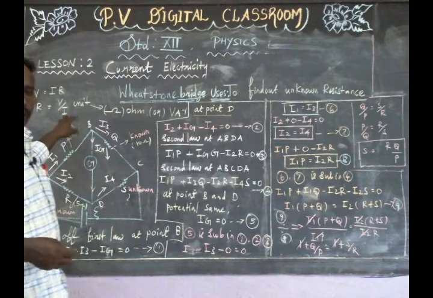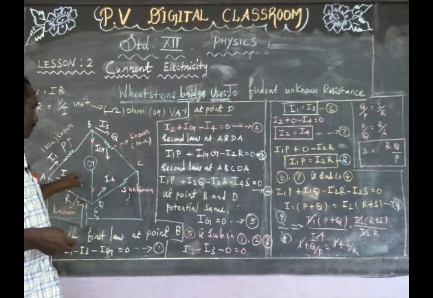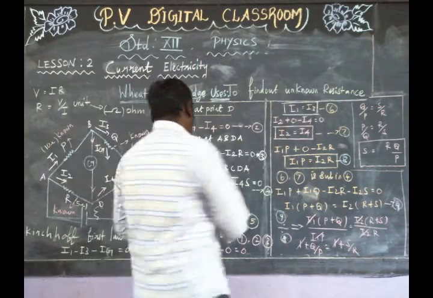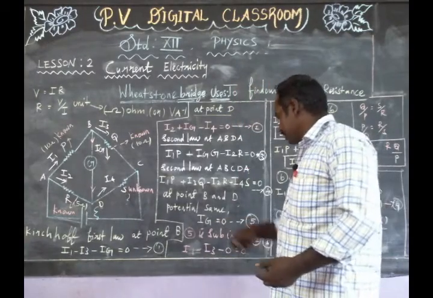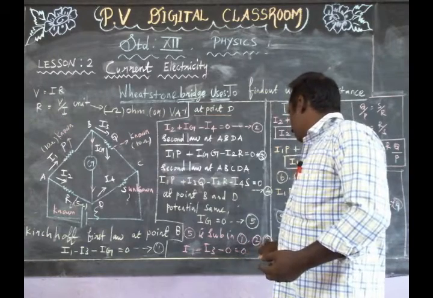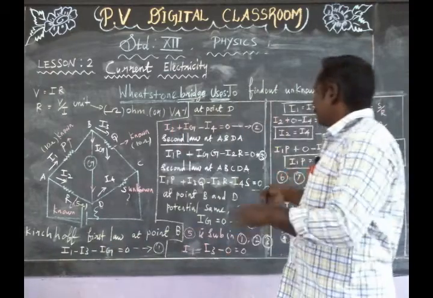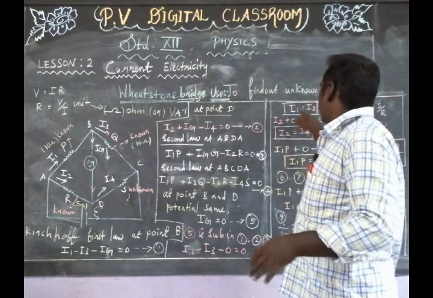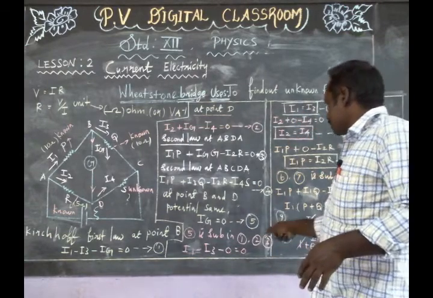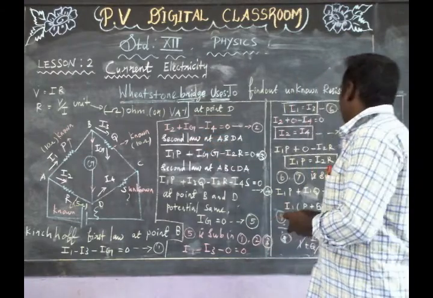The potential is 0 at points B and D. So there is no current flowing through the galvanometer. Galvanometer current value is 0. Equation 5 is substituted in equations 1, 2, 3. This is equation 1, Ig value 0, minus goes to the right side, converts into I3. So I1 is equal to I3. This is equation 6. Next, equation 5 is substituted in equation 2, Ig value 0. So I2 is equal to I4.